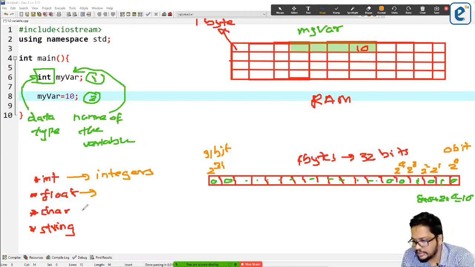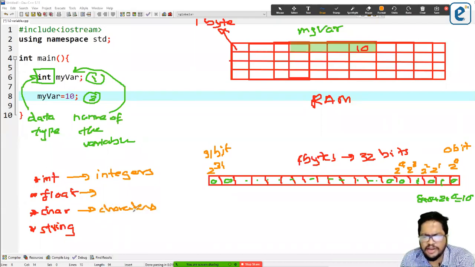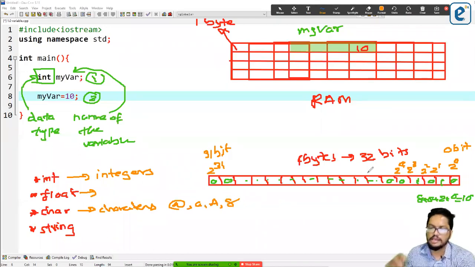And the other thing, char, is for characters. What do you mean by characters? Characters are basically symbols: letters, uppercase and lowercase letters, numbers, and symbols.